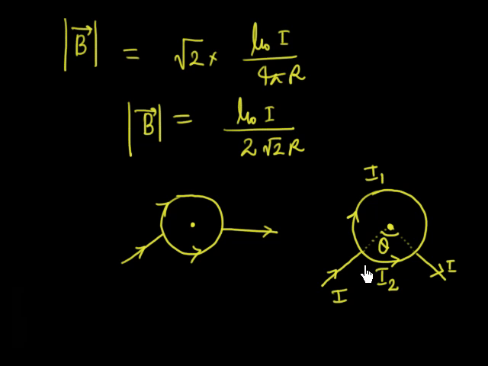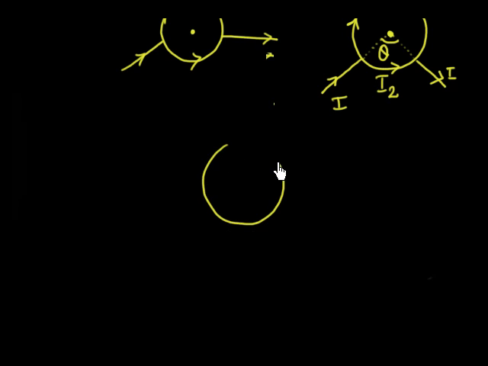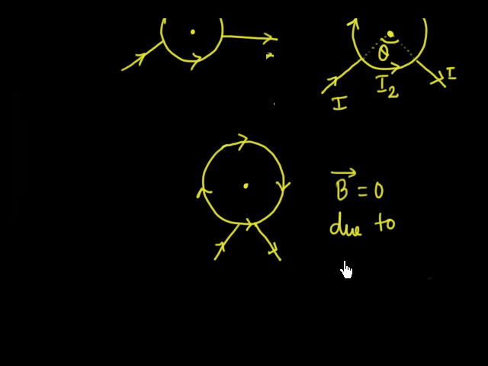Even if you have a very small part here, so you have a circular section, and let us say a current is in from here and current is out from here, and you say this is a uniform wire, resistance of wire is directly proportional to length. At this point, due to the curved part, the circular part, again magnetic field will be 0. So this is a quite good problem. So this explains all the concept of finding magnetic field. So if you are happy with this, that's